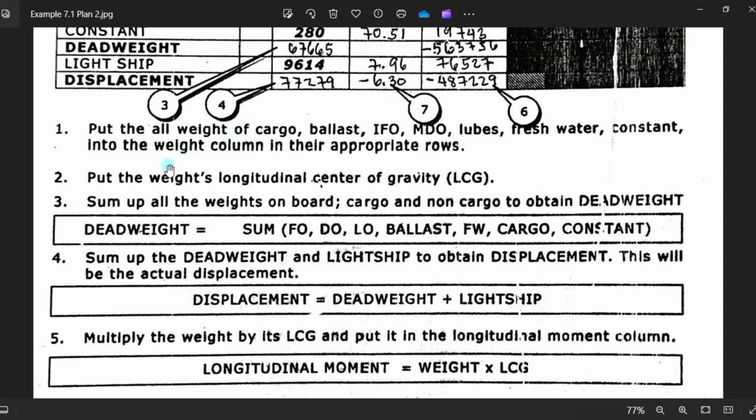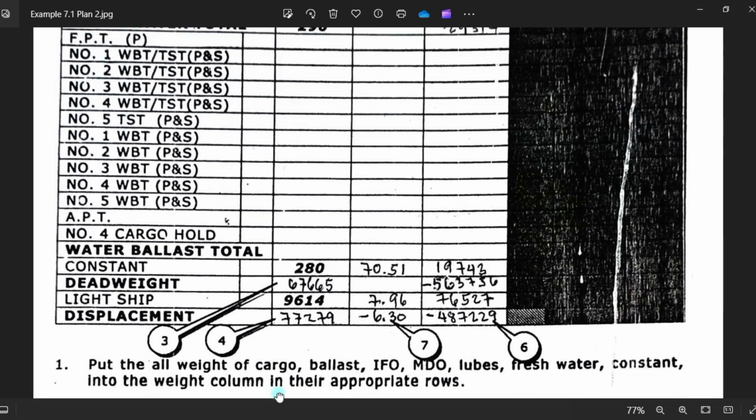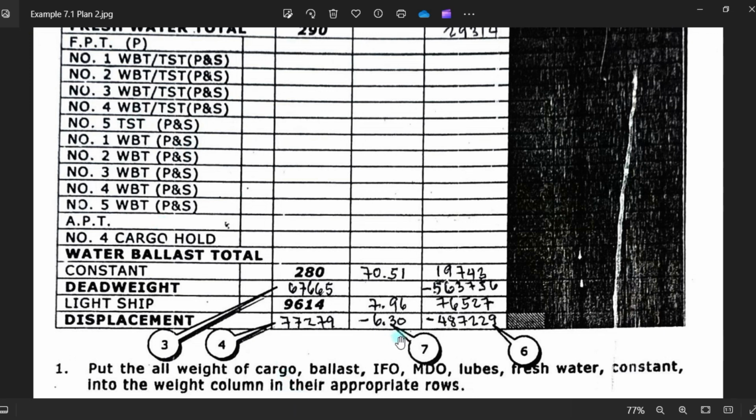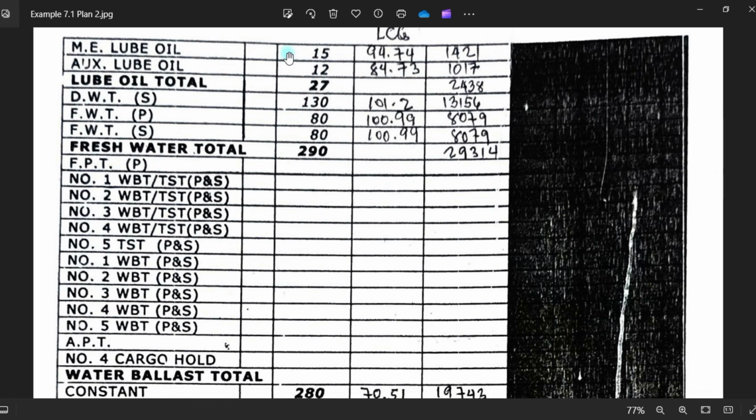So here's the procedure. Put all the weights of cargoes, ballast, MDOs, lube oil, fresh water, and constant into the weight column in the appropriate rows. So this is the one. Okay. Put all the weights here. This here. Put all the weights,